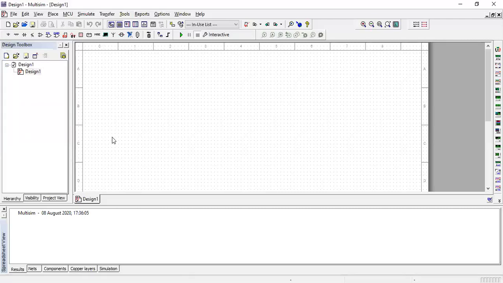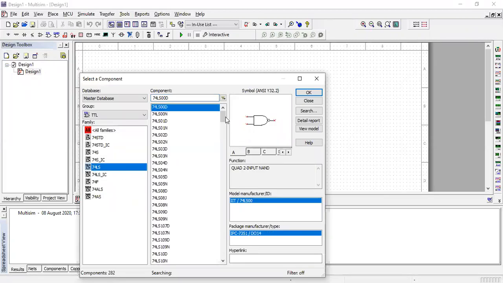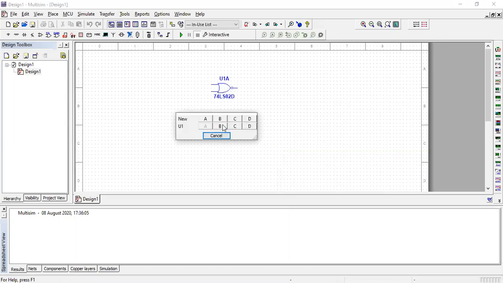So we can design an RS flip-flop using NOR gates or NAND gates also. Firstly, we are going to design an RS flip-flop using NOR gates. So let us find the NOR gate. From the TTL logic family we are going to use the NOR gate IC whose number is 7402. We are going to use two NOR gates for the design of the RS flip-flop. So here is the first NOR gate, then the second NOR gate,